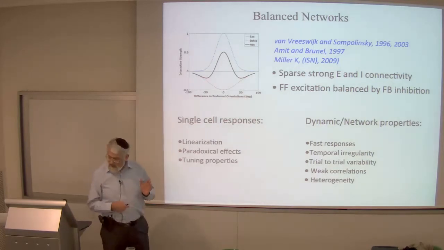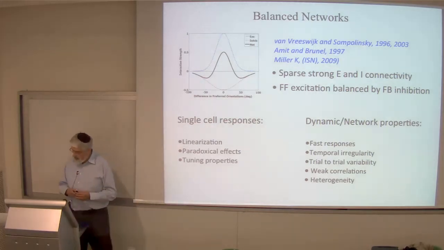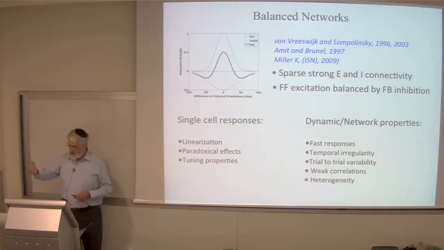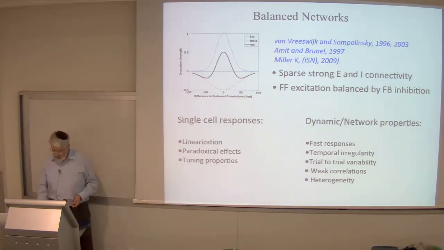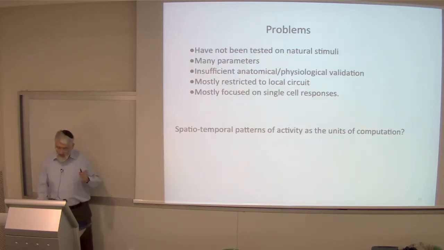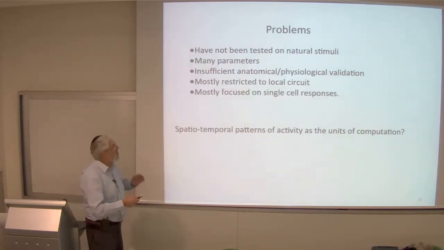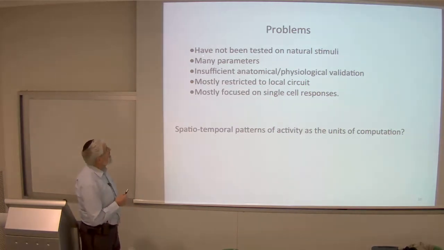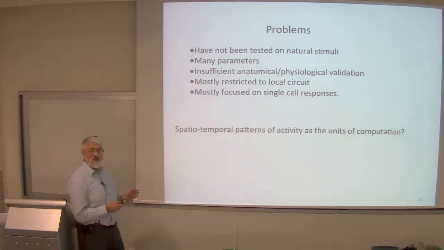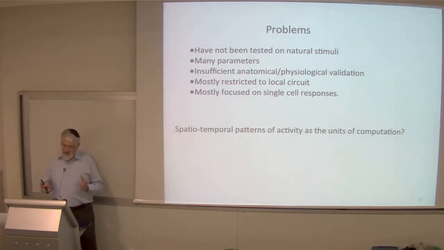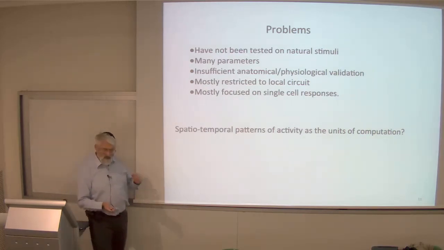So it goes beyond explaining the orientation tuning on the contrast response or single cell properties. Okay, so what are the problems of this entire class of models? First of all, they have not been tested on natural stimuli. So one cannot really say whether such simplified models of network dynamics in V1 are adequate to explain responses to